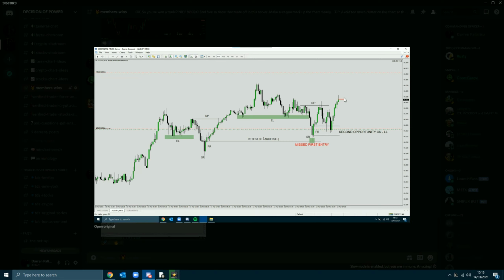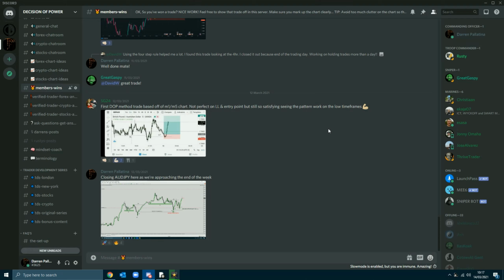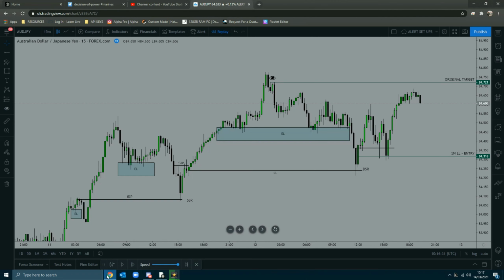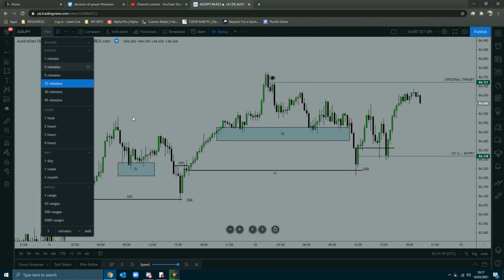I left it about half an hour after this just to see how much further the market would push, and then I was looking to close the position, right? But coming into Friday evening, I had a good indication that we weren't going to make it up to target, right? So if I go over to the chart then, this is the setup here. This was the target that I was looking at as a potential early target, and my original target was higher up. Okay, so if I go to a 5-minute chart,